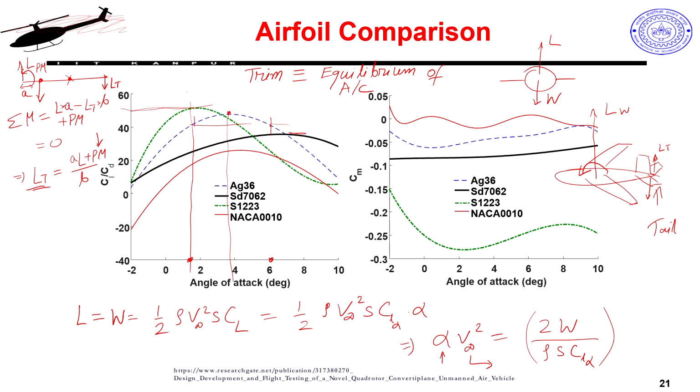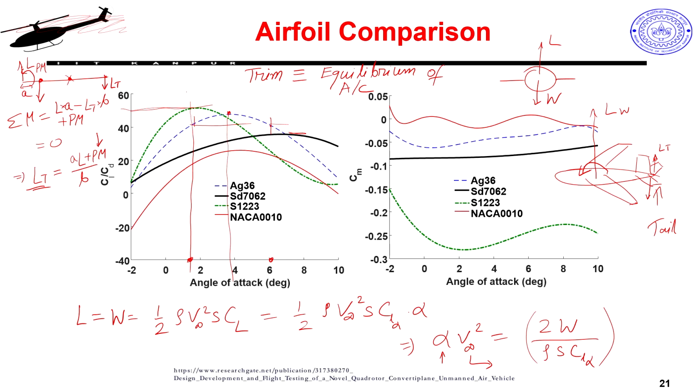So, if I have to counter a high pitch moment, one side will always be working extra hard. It will have higher power consumption, it will be operating at a higher throttle value, higher RPM, and therefore it may heat up, it may get burnt, or overall you are spending a lot of energy doing something which is not very useful. So, pitch moment also is an important factor in my design process, and along with high L by D, I would also want to have reasonable moments, not very high moments.